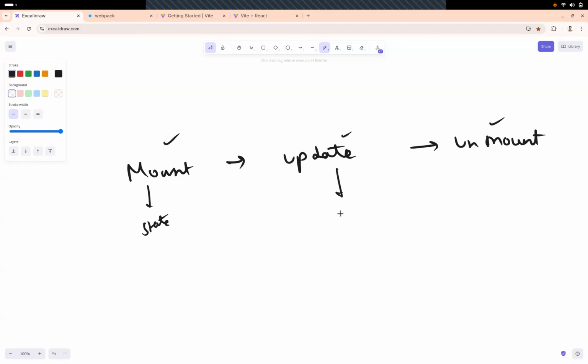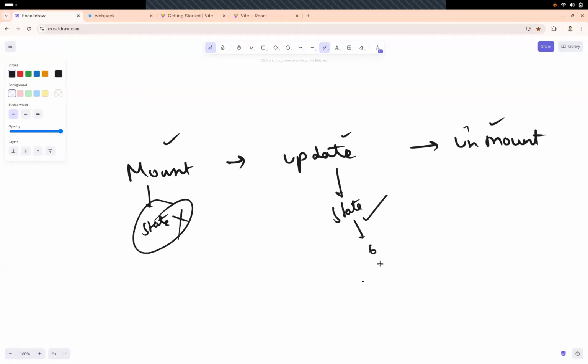Or you'll do it in the update phase, wherein you'll update these states, and you won't do that here. Similarly, when unmount happens, the state gets reset back to its default value.